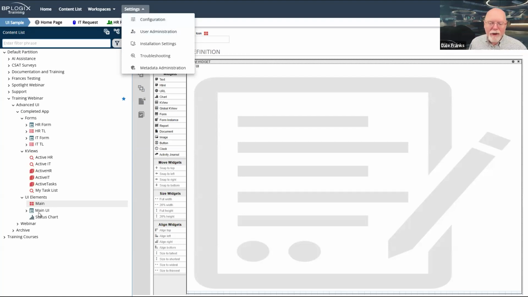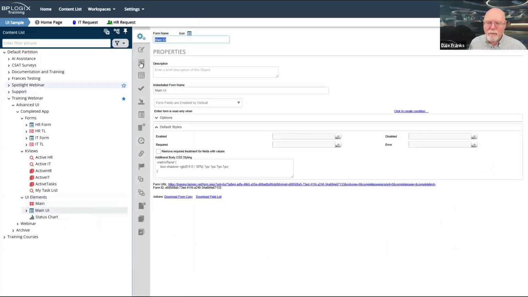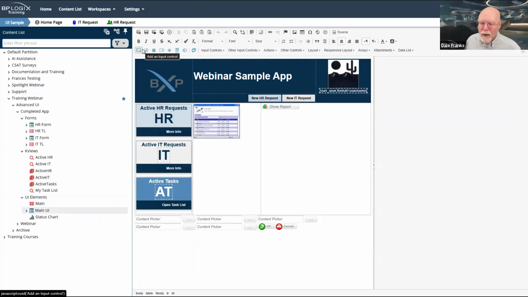Now, all I have to do as the developer of this application is to open the main UI form and make whatever changes to this form seem most conducive to the welfare and sanity of my users. And so this becomes an implementer-maintained UI that looks better than the regular UI.